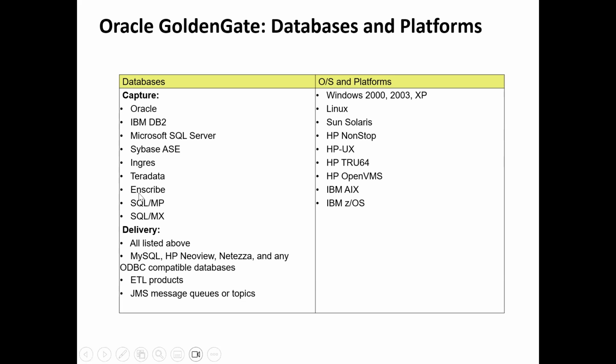I was talking about ATM databases, right? ATM databases are on Enscribe. So Goldengate was initially developed for this Enscribe database. But now Goldengate is used in multiple fields. Same way, different platforms are supported like Windows, Linux, and other platforms like HP, different flavors, IBM. This sheet doesn't mean Goldengate only supports these. It supports much more than that.